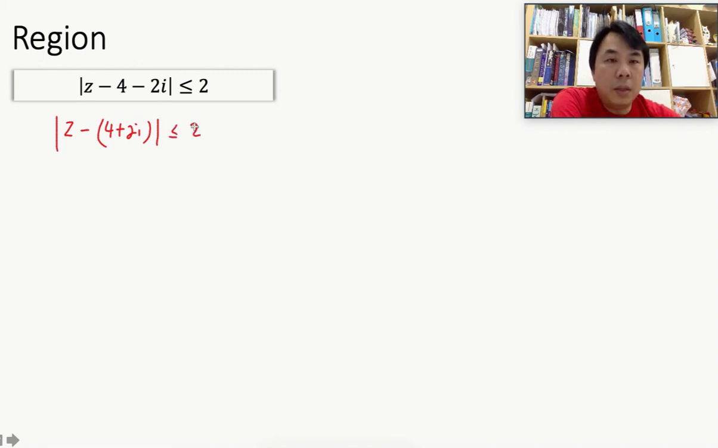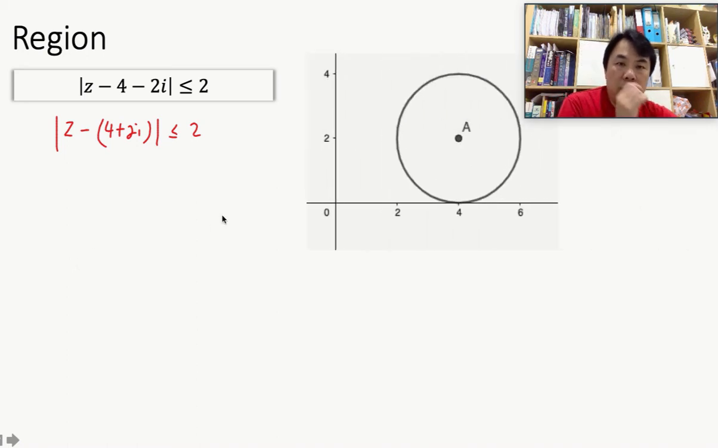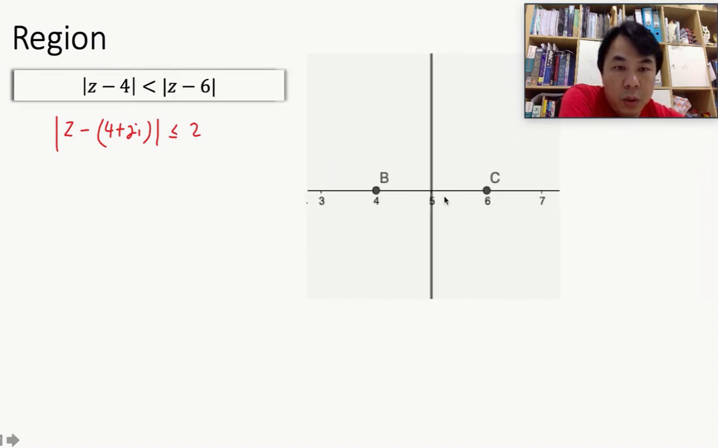Okay, so we know that this is a circle equation. Circle equation, center at 4, 2 with a radius of 2. So all we need to do is start by sketching this circle. Okay, now that is a circle, centered at 4, 2, with a radius of 2